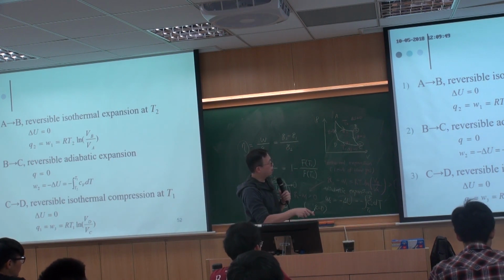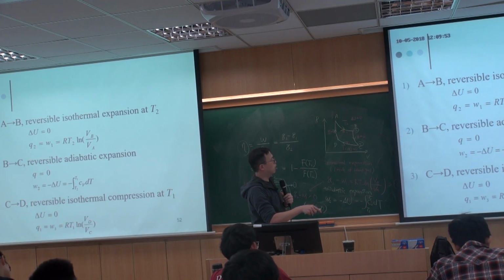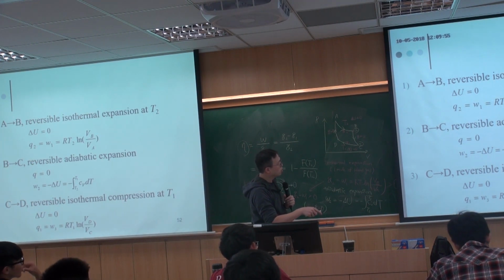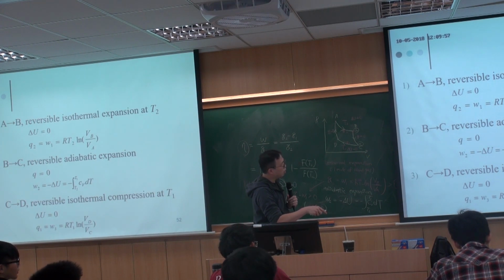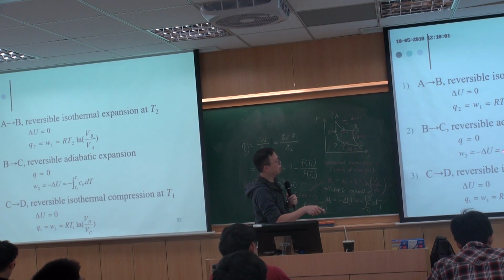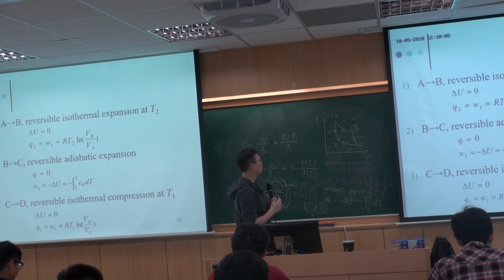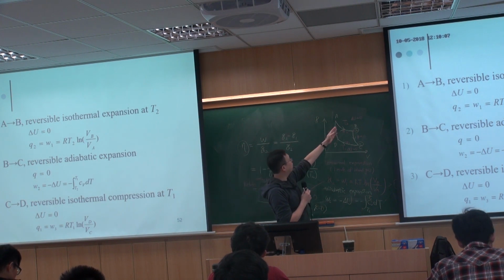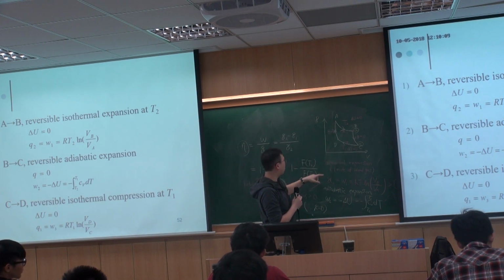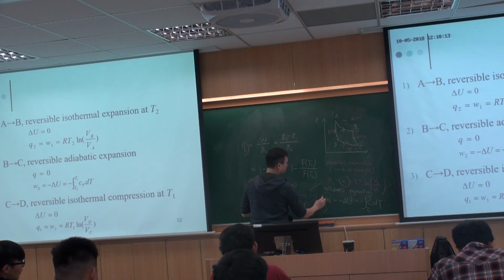So the bottom line is that inside the integral, Cv is positive and dT is a negative number. So with a minus sign, this is a positive number. So W2 is also positive. So now we know that from here to here, you have two positive numbers in terms of work, these two.